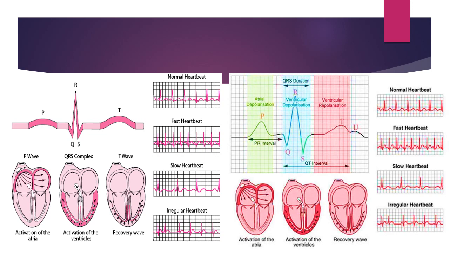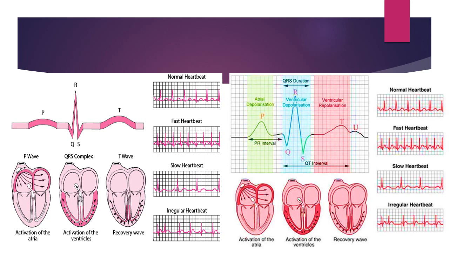Okay, so basically you need to understand at least these important things. What does the P indicate? What does the QRS indicate? And what does the T indicate? And on a normal ECG, at least you have the basic idea of what an ECG should look like, the wavy deflections, and also you have an idea about how far apart the R waves, or rather the QRS complexes, should be.